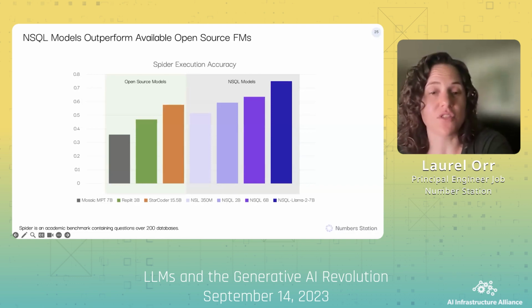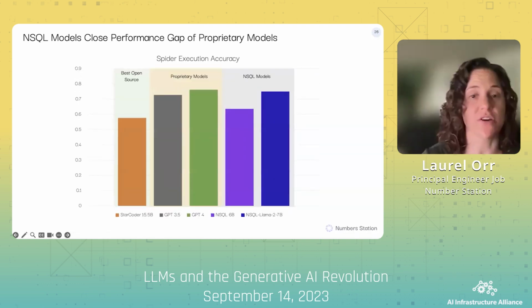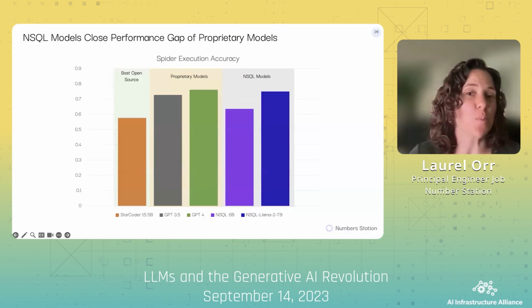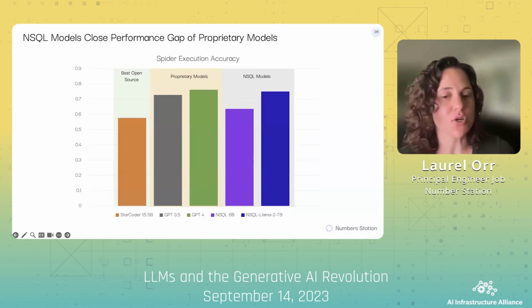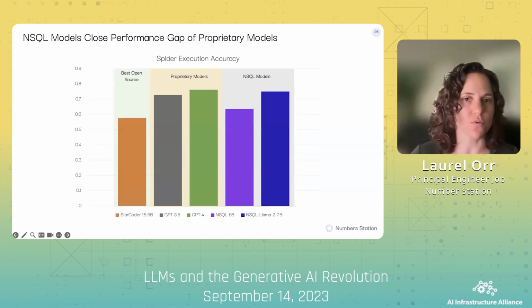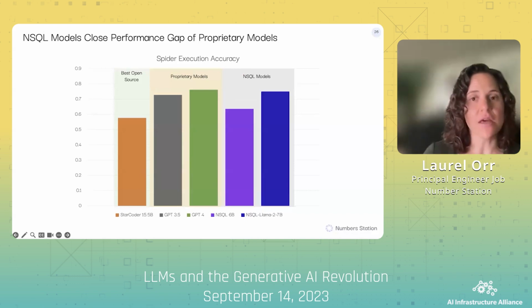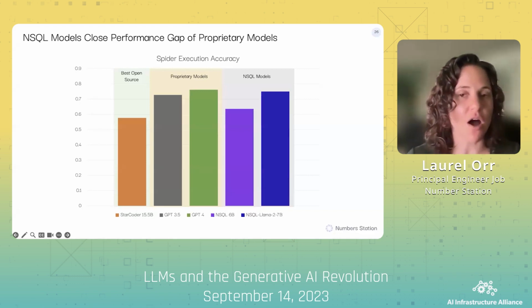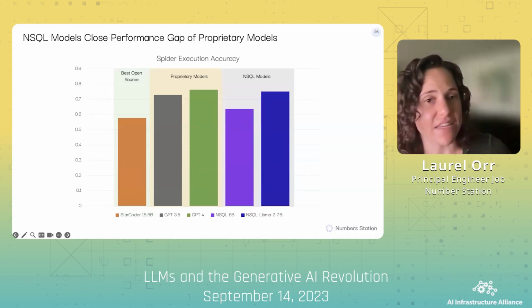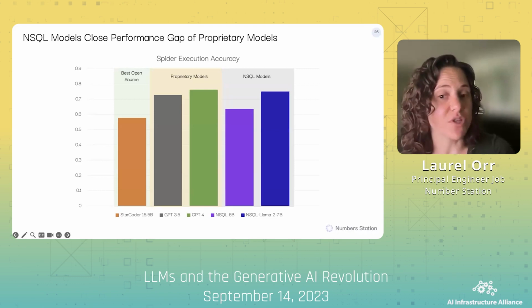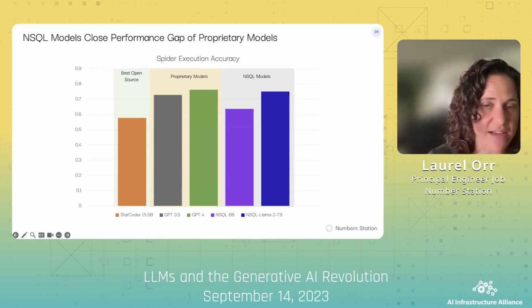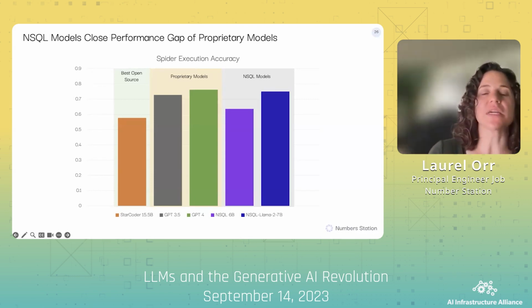Now, what also mattered was looking specifically at the comparison against proprietary or private models. Particularly, we looked at OpenAI models, some of the most common today. We looked at GPT 3.5, which is also the ChatGPT model, as well as GPT-4, which is the model in green. And what we see is that here we're really starting to close that performance gap. We saw on the last slide that we're surpassing existing open source models, and now we see that in particular with that Llama model, we're on par with what GPT-4 can perform on this benchmark task. And what was really exciting to see is that with some data curation effort